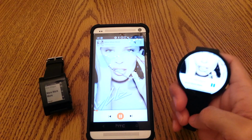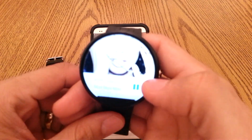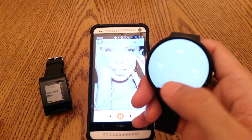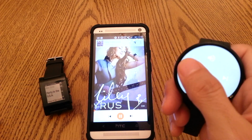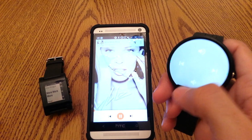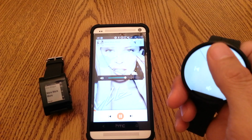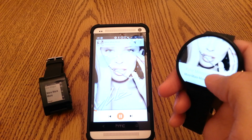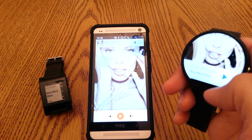Once again, I had to redo the audio. Like I explained before, we have copyright music playing in the background. But as you can see, with the Moto 360, you have to use a voice command to open the player. Once you do that, you go ahead and swipe, and you get to the music controls. You have volume down, like right now, and volume up, and previous and next song. Pause and play in the previous screen,